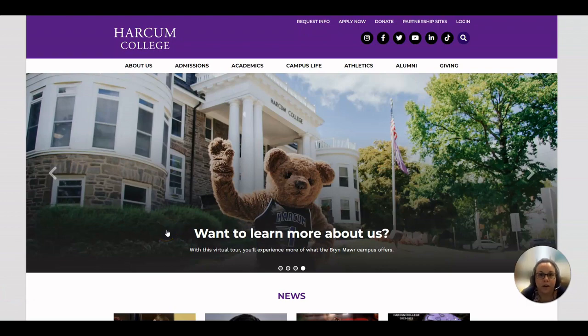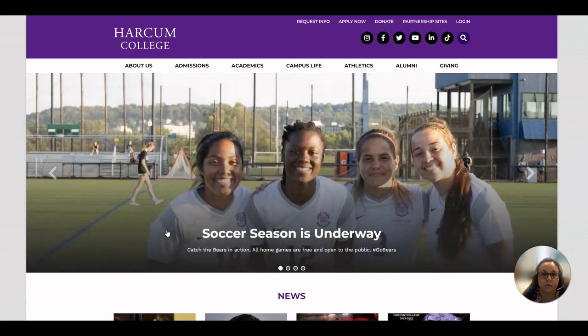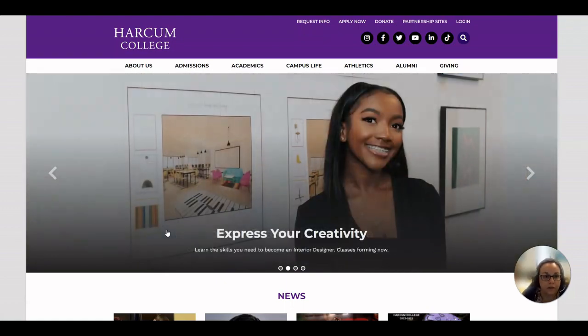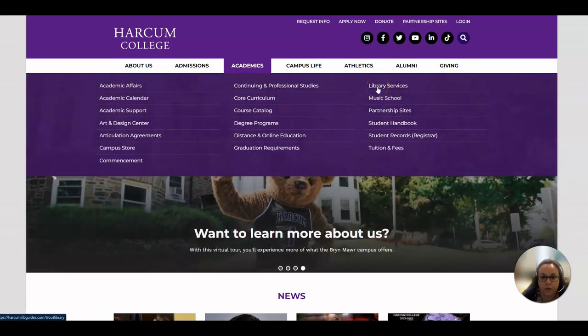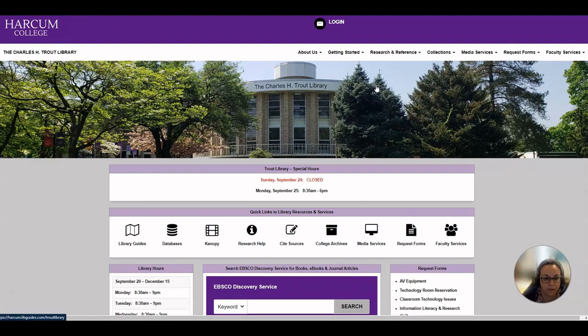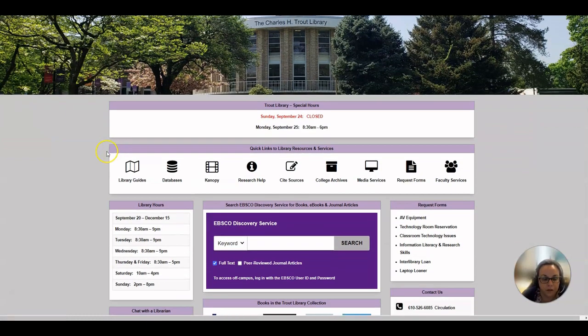So the first part of setting up an annotated bibliography is finding those sources. To find those sources, start at the Harcum College website. That's harcum.edu, and go to academics. Under academics, if you hover your mouse, you'll see a link on the left column for library services. From here, you can go to one of our databases. So click on databases